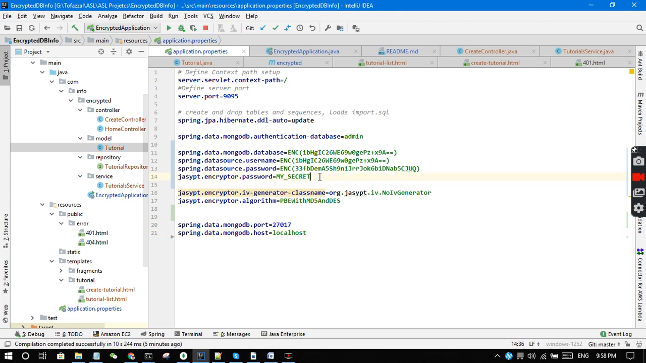we do not use plain text. We use encrypted text for security purposes, so that no one can understand what our actual password, actual username, or actual database name is. In the case of deployment and generating the war, we do not want anyone to know our secret key, so we can